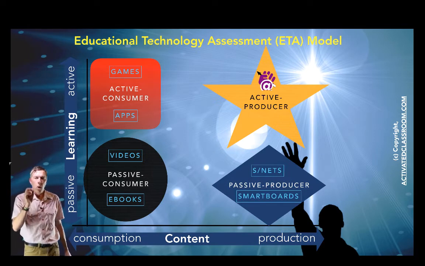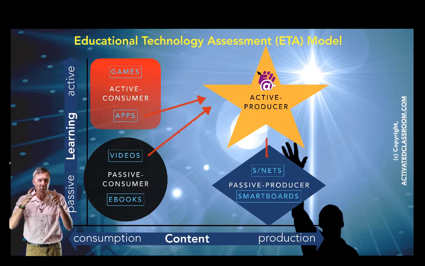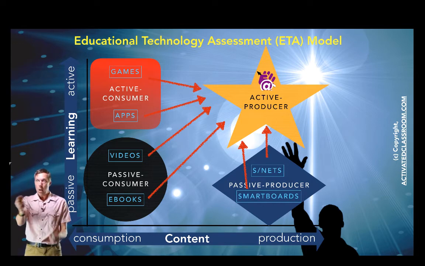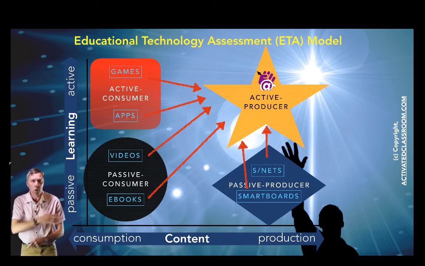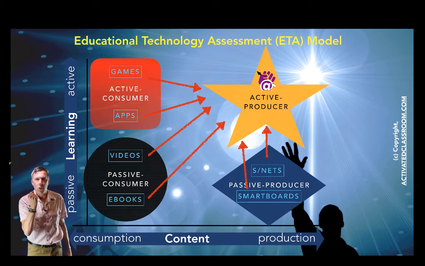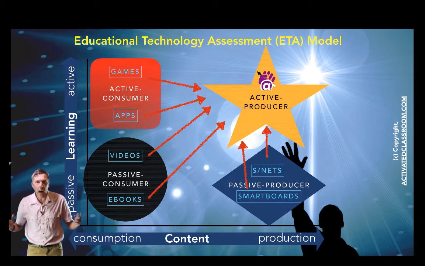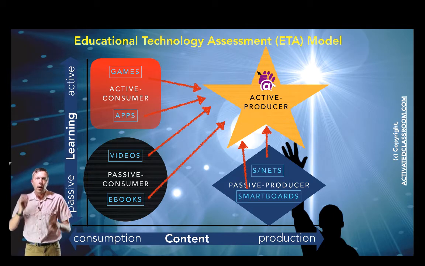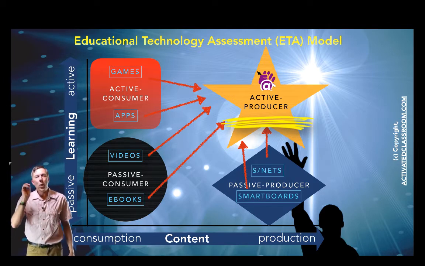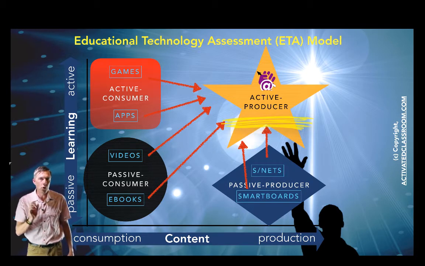What we want are students who are active producers. When you look at how they use social media and how they're engaging online all the time, sitting there going, selfie, hey, doing little videos, creating things, sharing things, posting things, liking things. They are actively producing content. That's what we want to do in our teaching. And so the question is, how do we bring all of these great tools and move them to that quadrant? We need the recipe. We need a pedagogy that will allow us to move into the active producing quadrant.